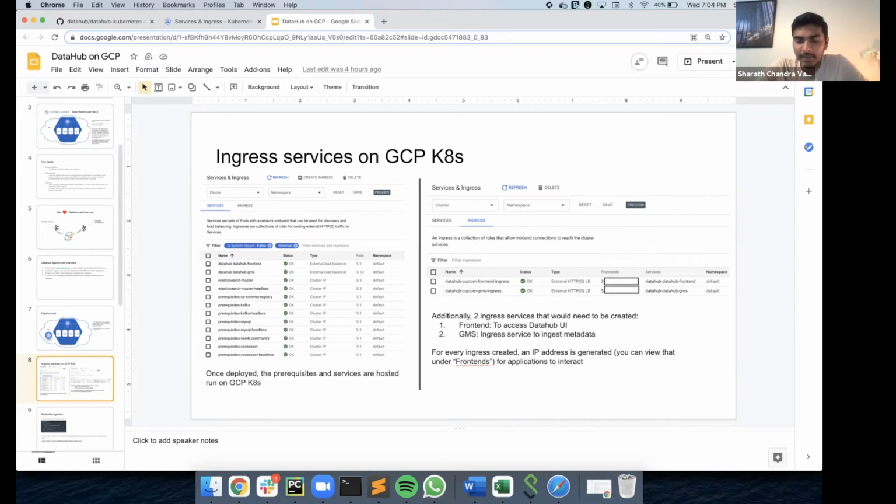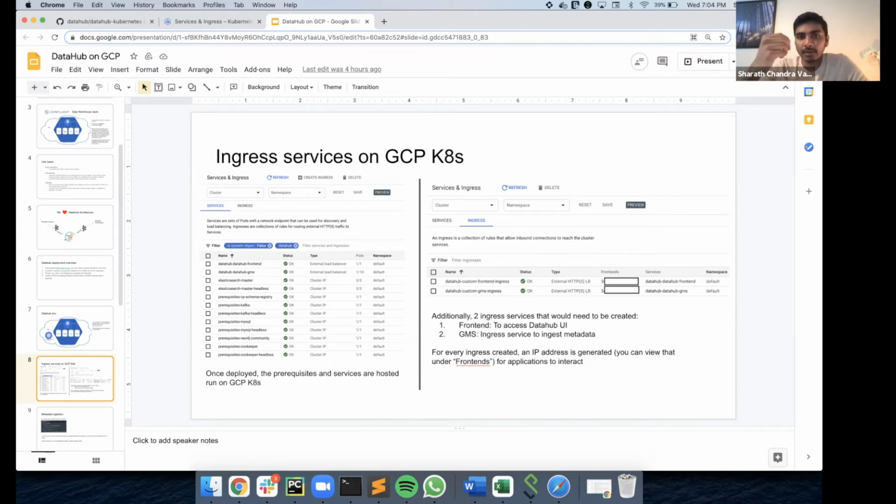But apart from that, everything else that we used from the charts helped us deploy DataHub on GCP Kubernetes seamlessly. Once it was deployed, there were two things that we required. One is to run the UI, and the second is to run a GMS service ingress that would help us connect to this DataHub service to emit any data.